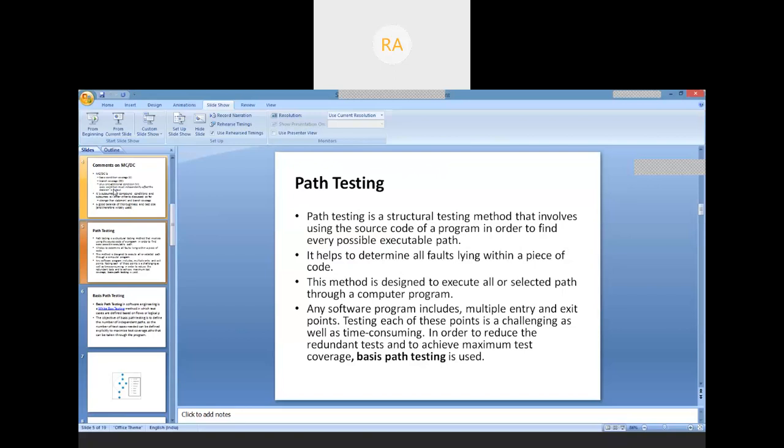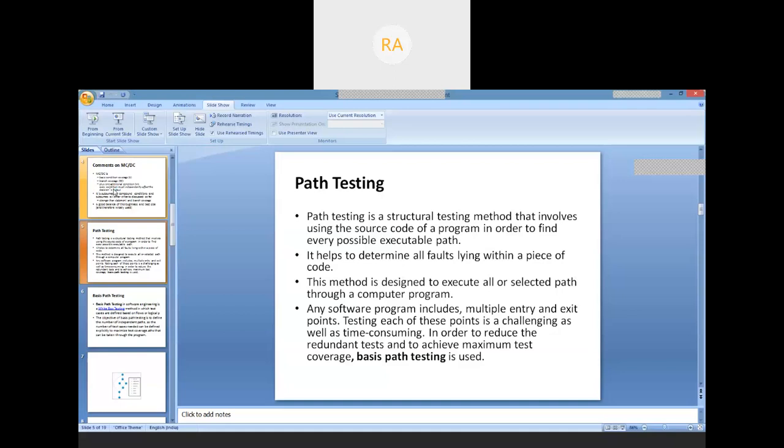Here the main objective is to determine the faults lying within the piece of code by studying the paths present. By testing the executable paths in the source code, you are going to get to know about the faults within the source code.